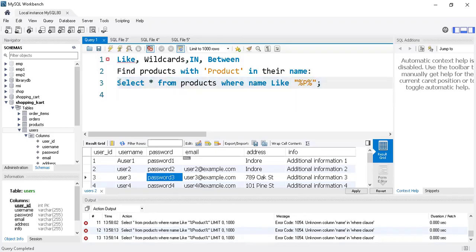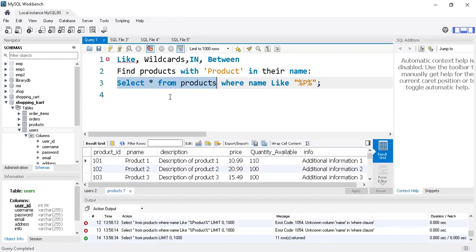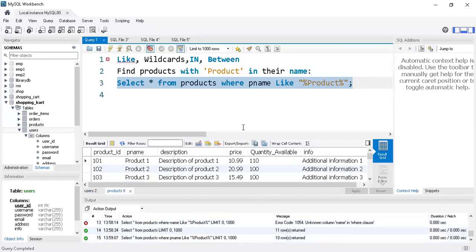Select star from products. First of all, we'll write down here, execute. And here it's not name, it's p_name. Okay, as you can see here, it is p_name, and wherever it is product. So we have multiple products with their numbers, product 1, 2, 3, 4, 5, 6. We don't need to mention their numbers. Only the thing is we want the string product in that product. So we'll execute this. So you see,